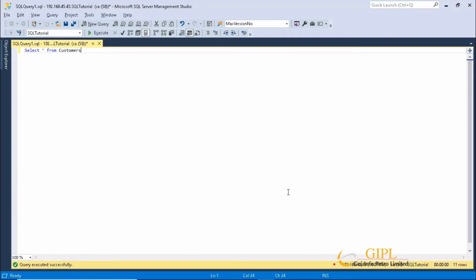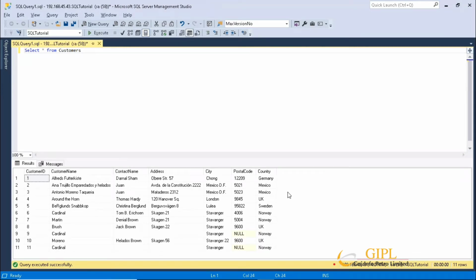Okay. To look at the customers table, we shall write select star from customers. Now we shall execute this statement to see the whole table. Every table is broken up into smaller entities called fields. These are the fields of the table.